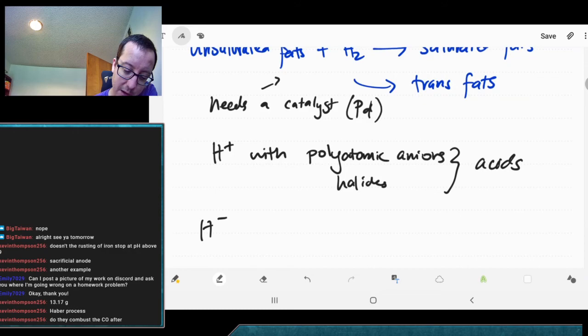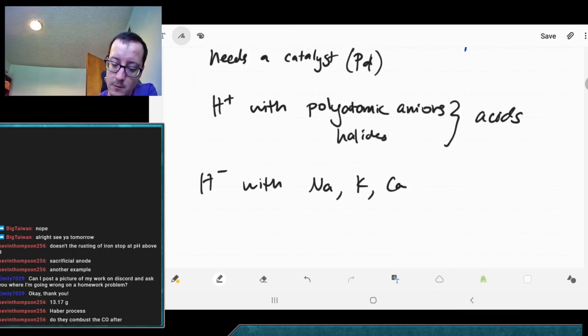We can see that if we have H minus, those are going to be with more of our active metals. H minus is a very strong base. It's actually one of the best bases for use because